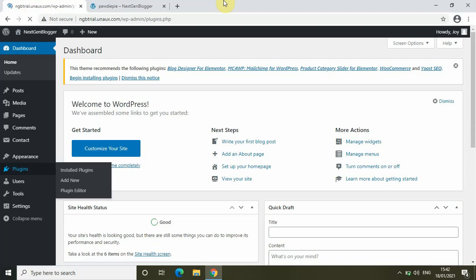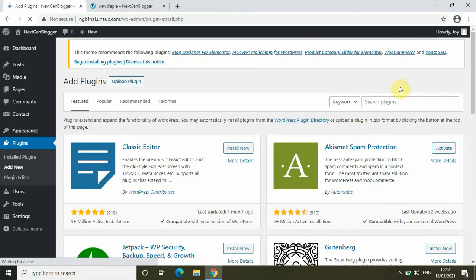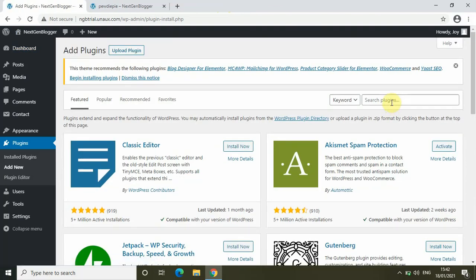So we will be making use of a plugin called Sassy Social Share to add social share buttons on our blog. So after you click on plugins, click on add new and search for the plugin Sassy Social Share in the search plugins text box.